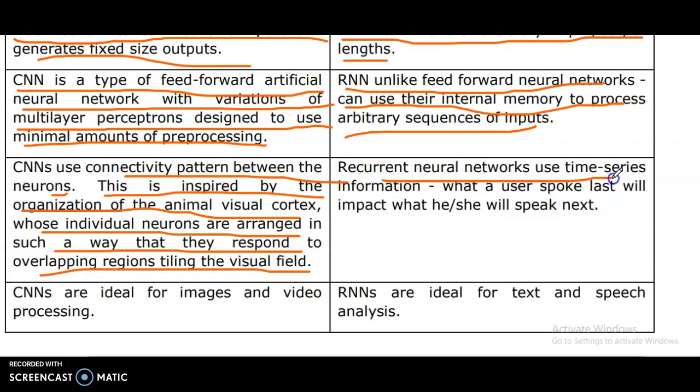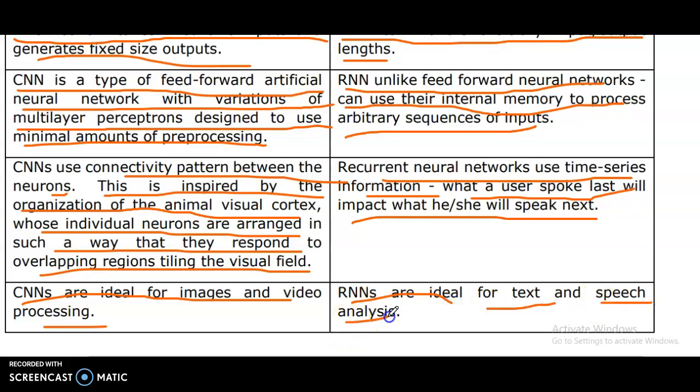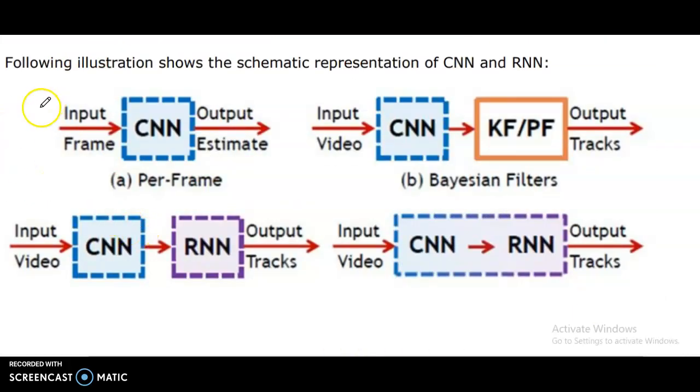Recurrent neural networks use time series information: what a user spoke last will impact what she will speak next. CNNs are ideal for images and video processing. RNNs are ideal for text and speech analysis. The following illustration shows the schematic representation of CNN and RNN. Input frame in CNN is